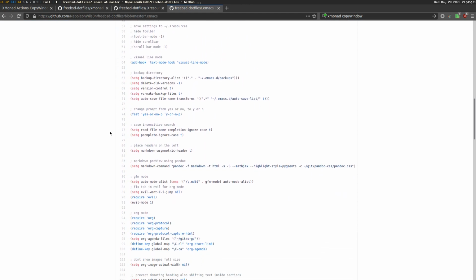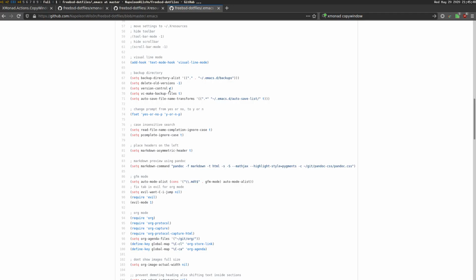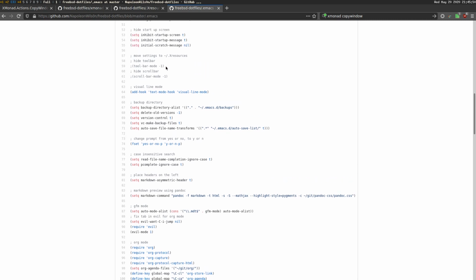Yeah, normally in Emacs what you can do is hide the toolbar and the scroll bar. So if I come across to here, you can see there's no toolbar; by default it has a big thing with icons and stuff, and I don't like that, so I hide that. And you normally do that in Emacs by putting this in your config, toolbar-mode -1, and removing the scroll bar the same way. Problem is, what happens is when you're using a tiling window manager like xmonad,